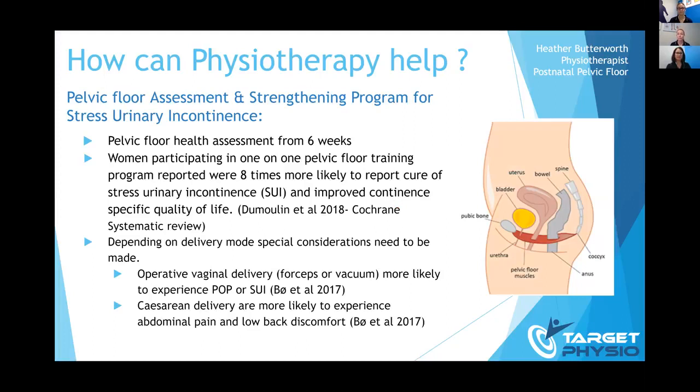So how can physiotherapy help for Paula? To start with, we'll go through the pelvic floor assessment and strengthening program for stress urinary incontinence. So as Jenny mentioned before, about the pelvic floor and its function, when we are giving birth, obviously we have to have some changes to allow the baby to pass through the birth canal. So this can leave you with some pelvic floor problems following, but we're able to work on them, and an assessment after 6 weeks following birth